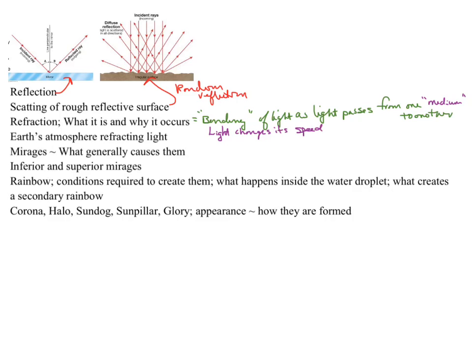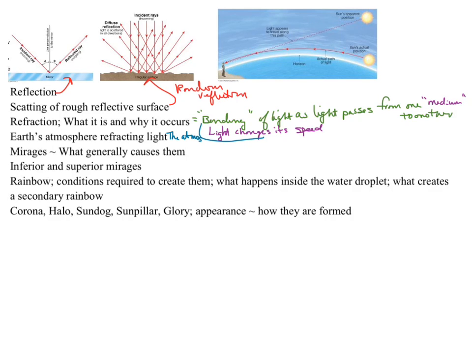And the reason light is bent when it passes from one medium to another is because it changes speeds from one medium to another medium. Okay, so here's a figure from your textbook that is a picture of the sun kind of low